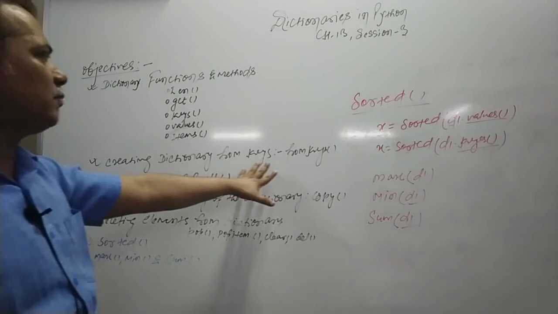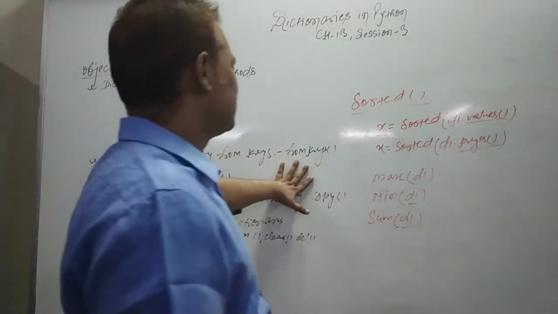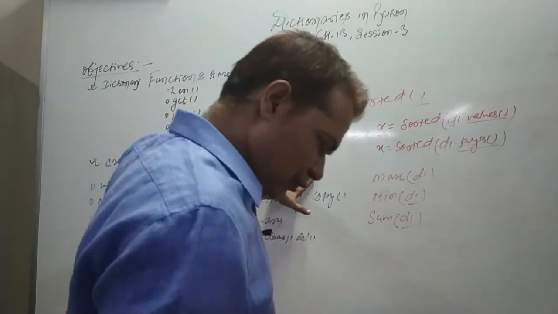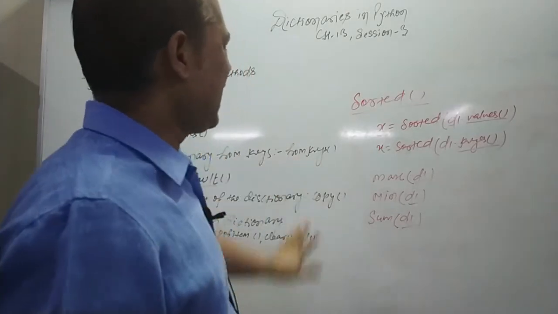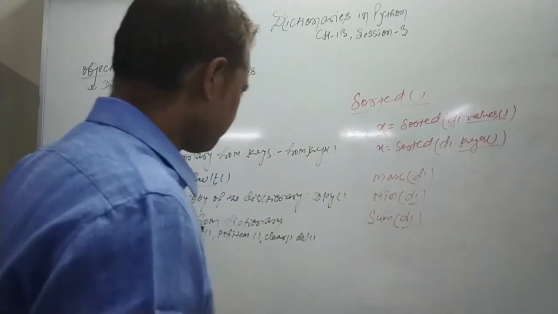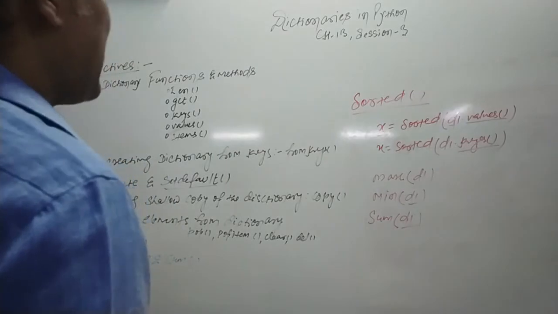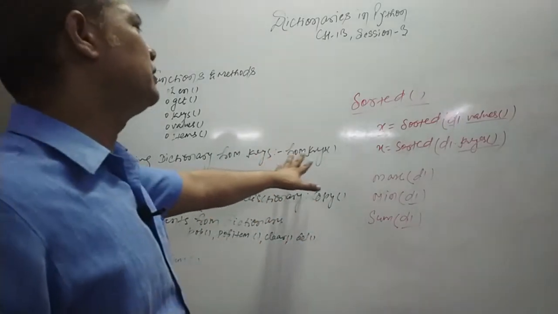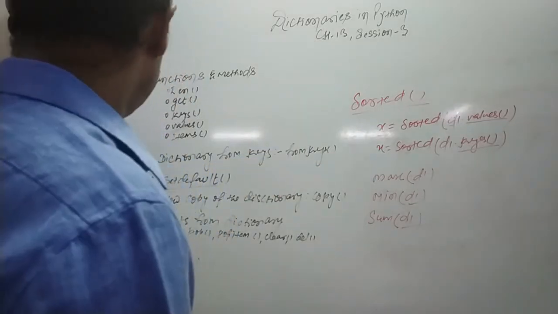Now, creating a dictionary from fromkeys. The fromkeys is a method which helps us to create a dictionary in different ways. One or two methods I talked about; further you can explore fromkeys yourself. It helps us to create a dictionary just by passing a list. All the elements of the list will be considered as keys, and then you can have the same value for all. Or you can have different keys without any value. In that case you have to pass a tuple, and that I had already shown you.